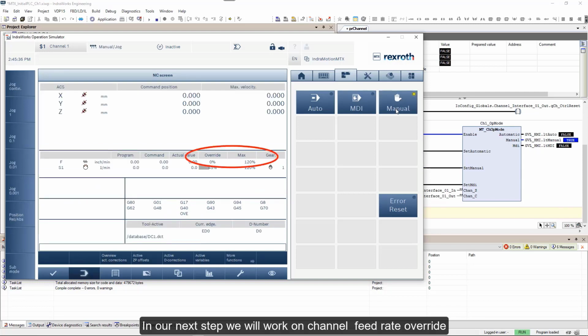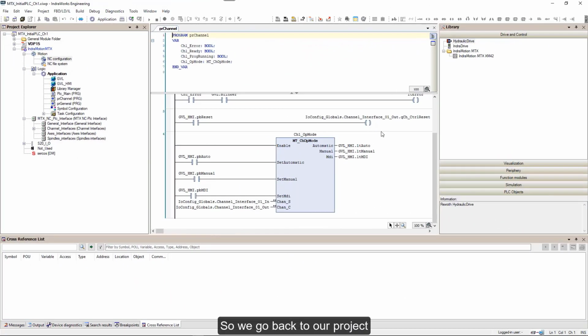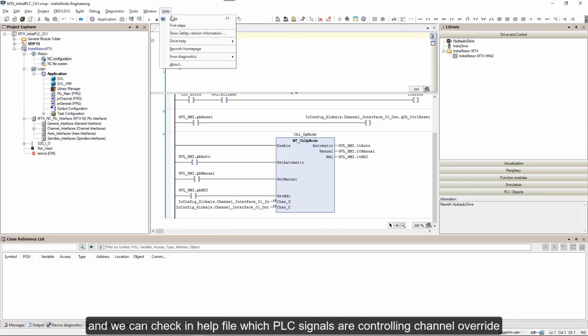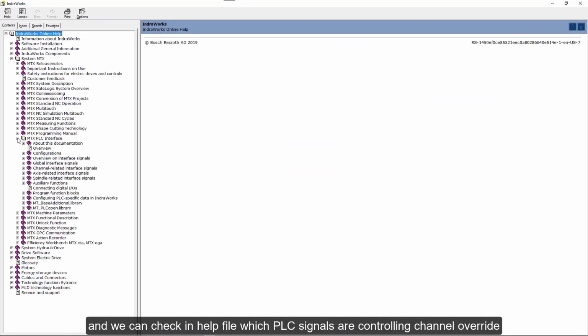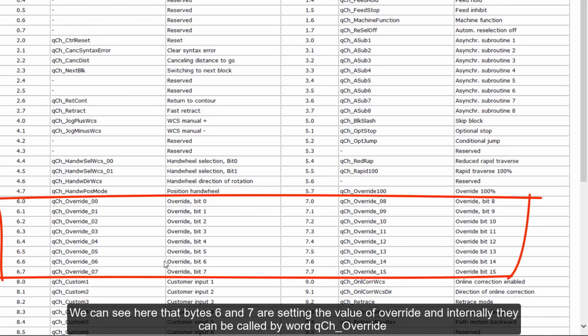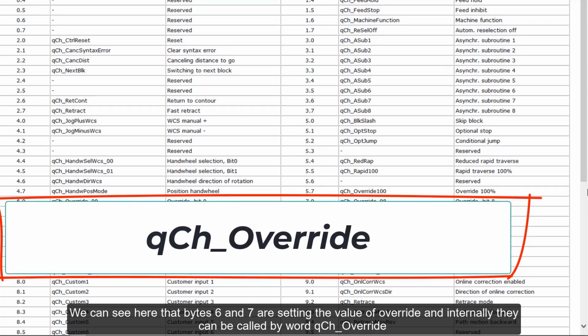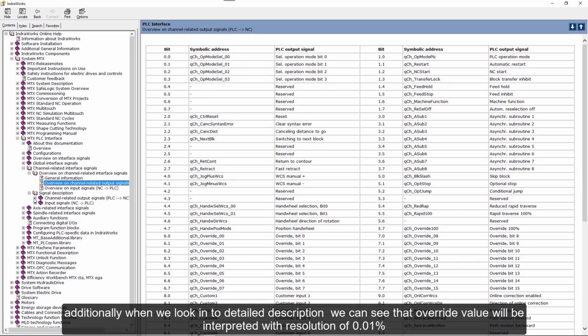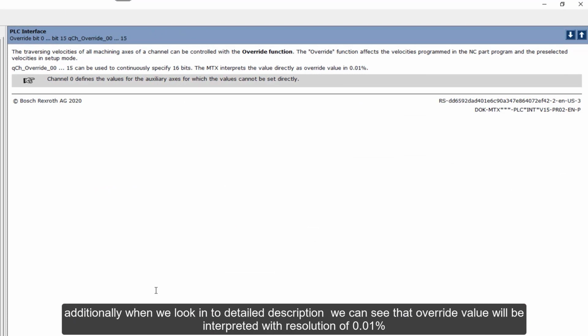In our next step, we'll work on channel feedrate override. So we go back to our project, and we can check in help file which PLC signals are controlling channel override. We can see here that bytes 6 and 7 are setting the value of override, and internally they can be called by word Q channel underscore override. Additionally, when we look into detailed description, we can see that override value will be interpreted with resolution of